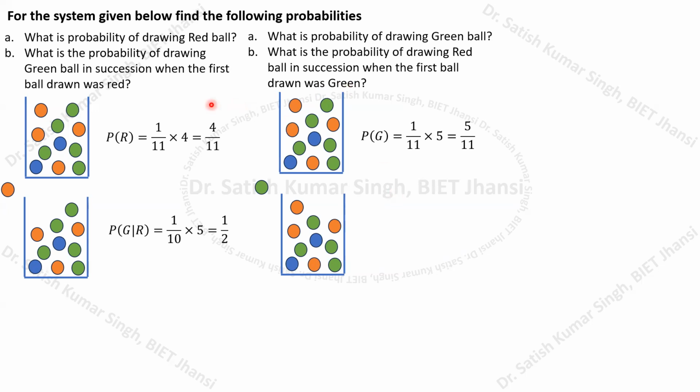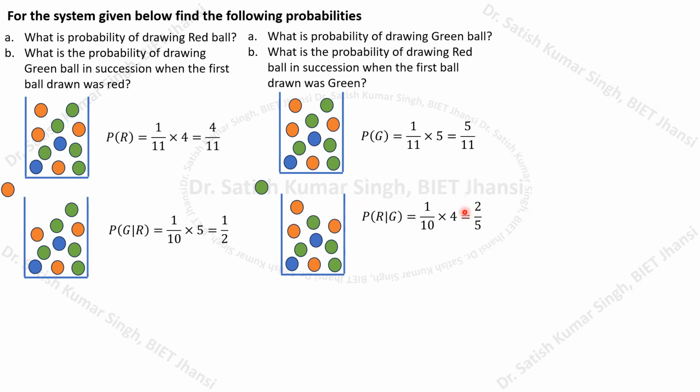Okay, as compared to your first case, if we wish to calculate this conditional probability that it was a green ball which was drawn, then what is the probability that in the next step we are going to get the red ball, in succession? The probability of R given G is equal to: how many balls are there? It is 10. And how many red balls are there? It is 4. So it is 4 by 10. So this probability is going to be 2 by 5, right?